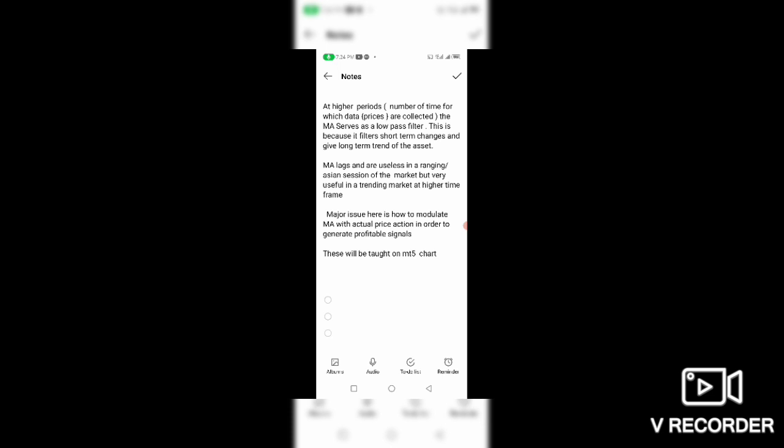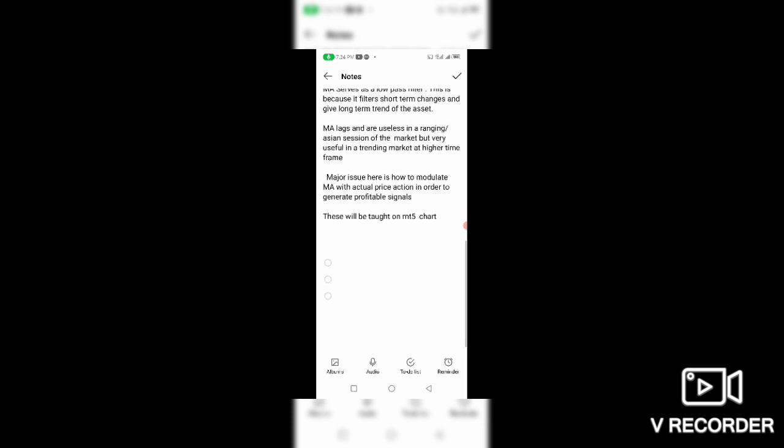So there will be shifts between the signal provided by the moving average and the one provided by the price action. The moving average signal and the price action signal will always be out of phase, likely 60 to 70% of the time. In other words, you don't need to trust moving average signals, but you have to modulate them with the price action. If they are saying the same thing, that means they are in phase, and when they are in phase, that is resonance, and when that is resonant, there is maximum profit. Okay, so that is it.